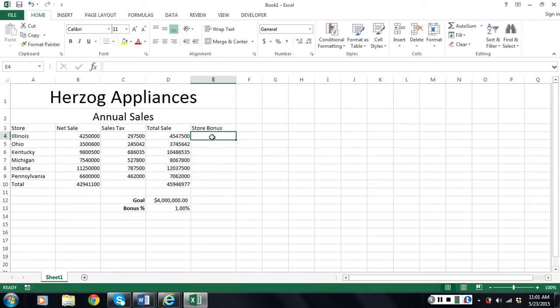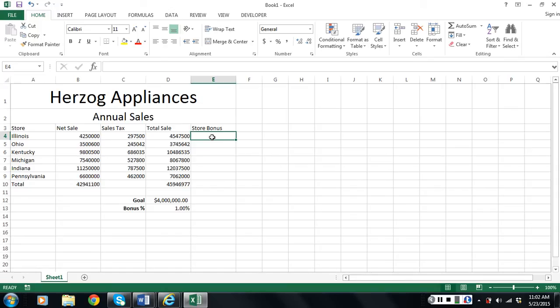So now we've talked about text, we've talked about formulas, we've talked about values, and we talked about functions. But now we're going to do a very sophisticated function. This one's a little hard to follow, so you really need to stay with me on this. This is going to be called an if function. Now this if function is going to be incorporating two little concepts here. One of them is the fact that we're going to use the if function itself, but the other is sometimes